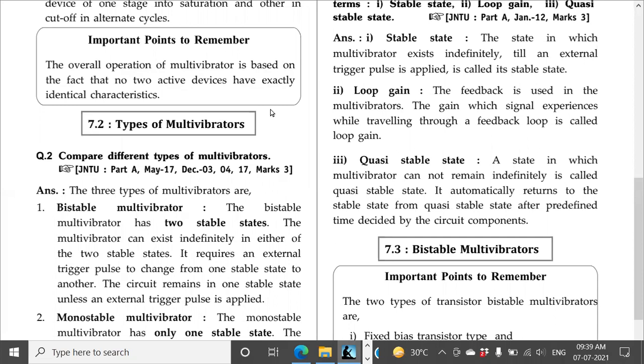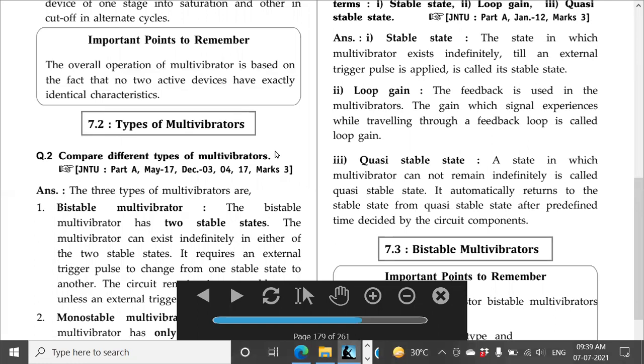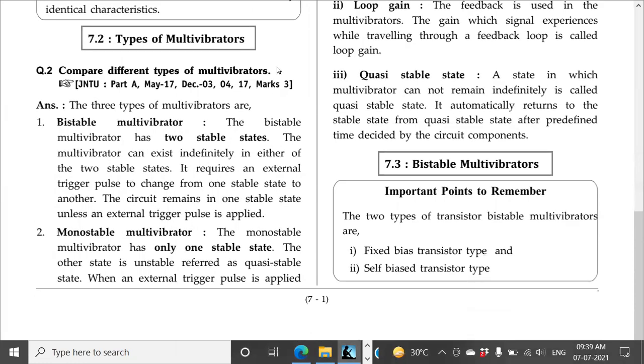What about monostable multivibrator, students? Only one stable. Very good. Okay, only one stable state. So what happens is, initially it is in the stable state. Suppose you disturb water, after you leave it, it will become still, isn't it? So it is the property of nature to come back or to remain in the stable state. So initially the multivibrator will be in the stable state.